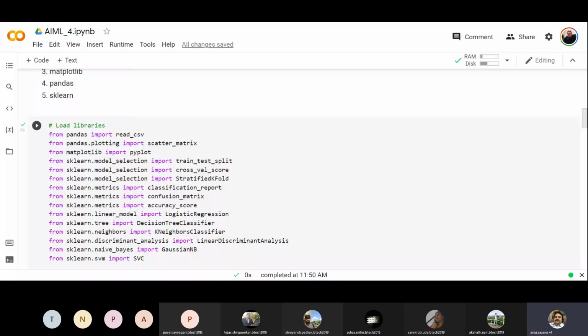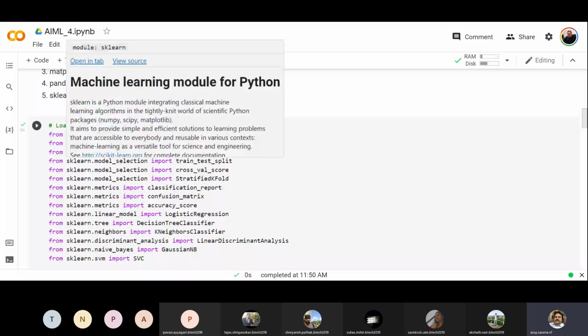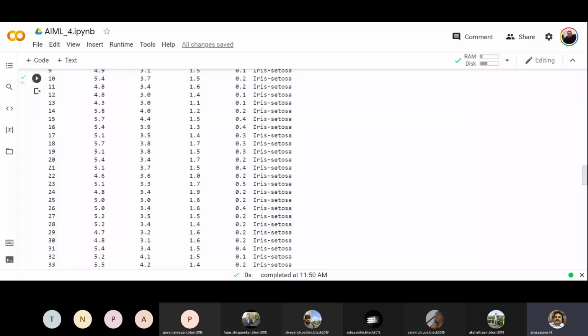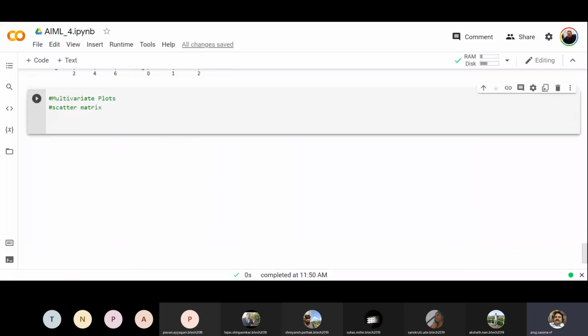If it is not there, then it will tell me that we have not called it. Matrices we are here, cross validation we have, confusion matrix we have. Let's see. I think it is already there. Sklearn हमने कॉल करा हुआ है तो scatter matrix should not be a problem. Scatter matrix that is there,